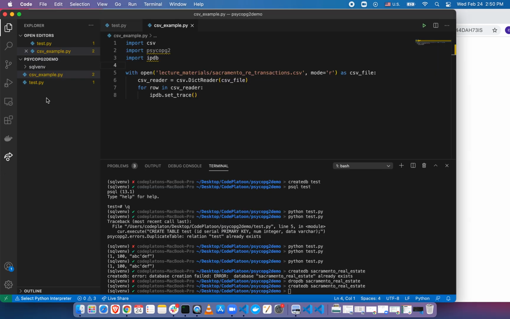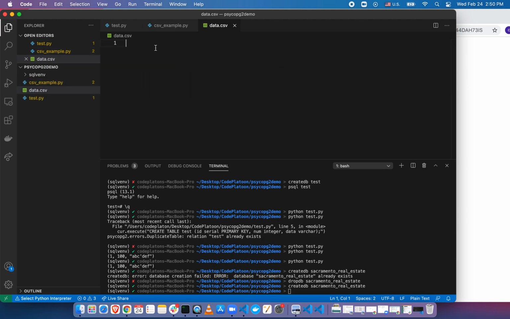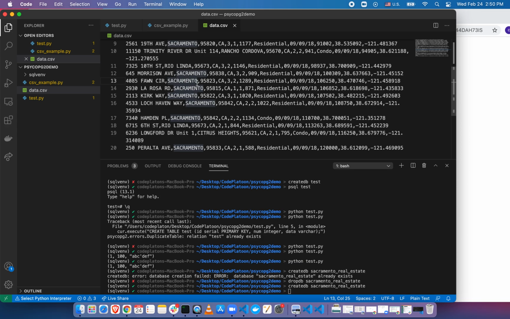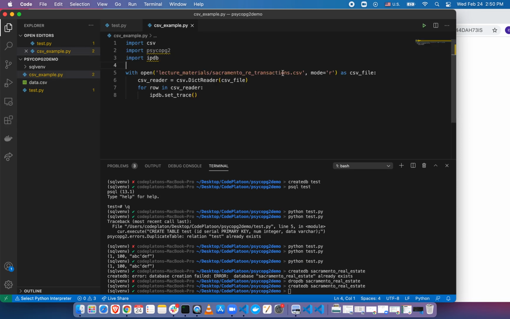And I'm just going to simplify this and keep it in one directory. I'll call it data.csv. Save that, and now I have a CSV file with all of the data. So I'm going to change the name of this to data. All right, so if I try to run this now,